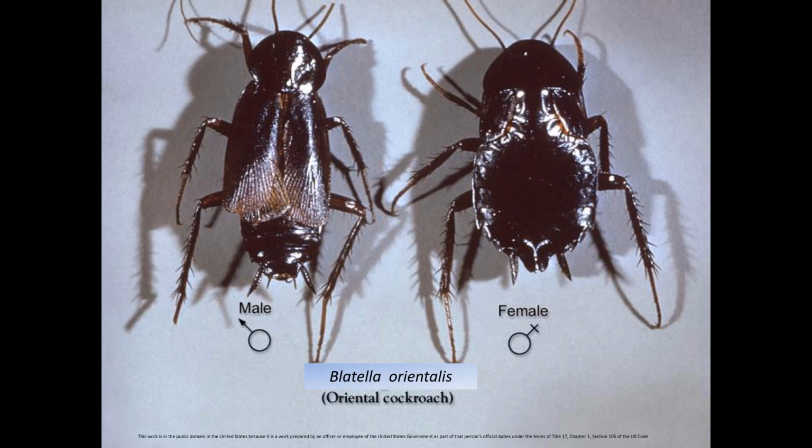The oriental cockroach is the species Blatta orientalis. These are another large species of cockroach, about 1 to 1.25 inches long, and they are a glossy dark brown to black. They do have well-developed wings, as you can see here, but they do not fly. They're also very sluggish when it comes to cockroaches. So they don't scuttle very quickly. They tend to move pretty slowly. You can catch them really easily if you felt you needed to.